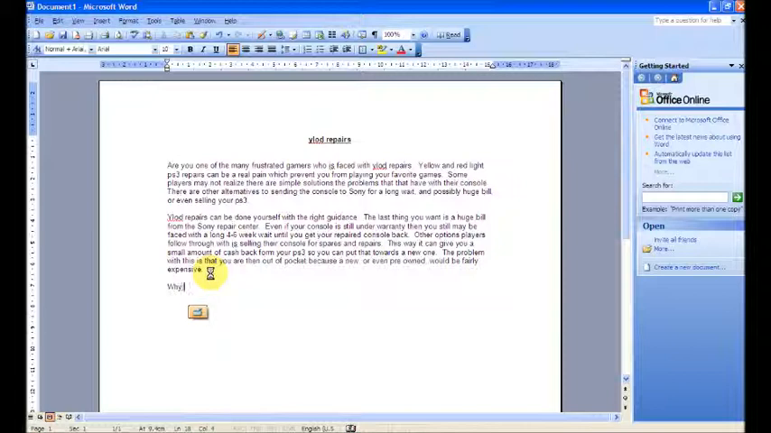Why be faced with long waits, huge bills, or prepare to buy another when you can